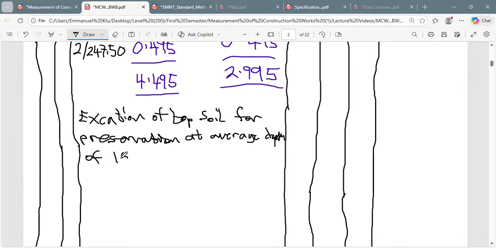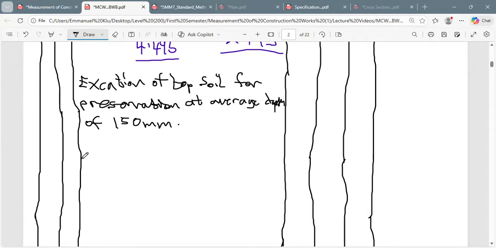Okay, at an average depth of 150 mm. If you're able to do this, you realize that you are done with the description for the excavation of topsoil. Okay, but